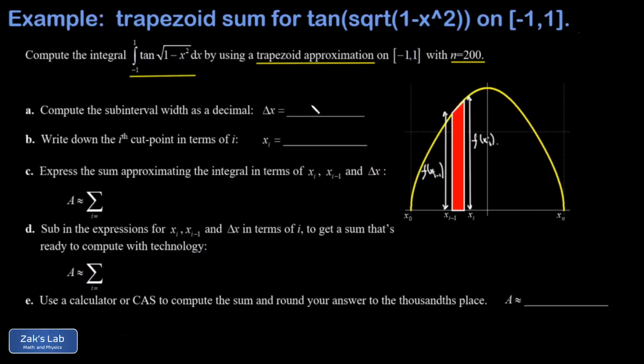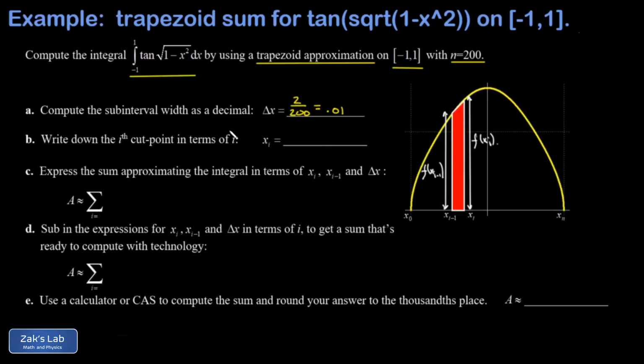So in part A, we're asked for the subinterval width as a decimal. So we take the width of the entire interval -1 to 1. That width is 2. And we divide by the number of slices that we're slicing it into, which is 200. And this gives us a nice round number. That's exactly 1 out of 100, or 0.01. So each trapezoid is actually very, very thin, and the one in the picture is greatly exaggerated just so we